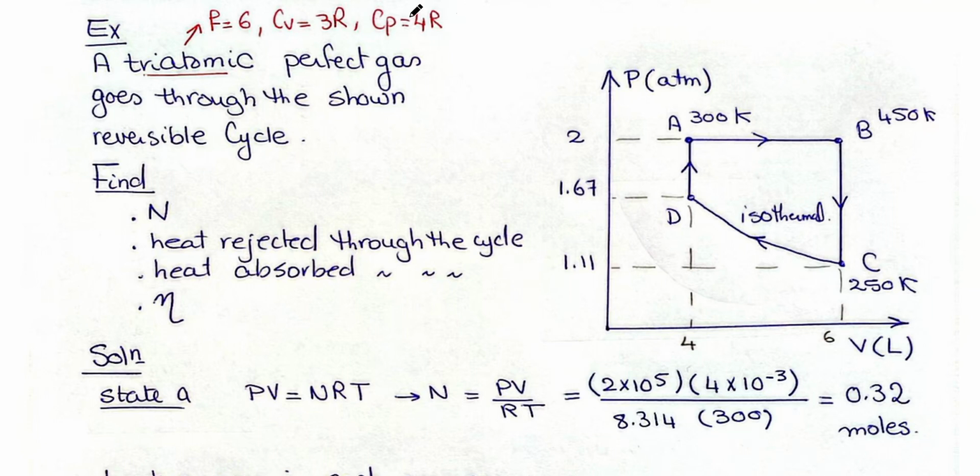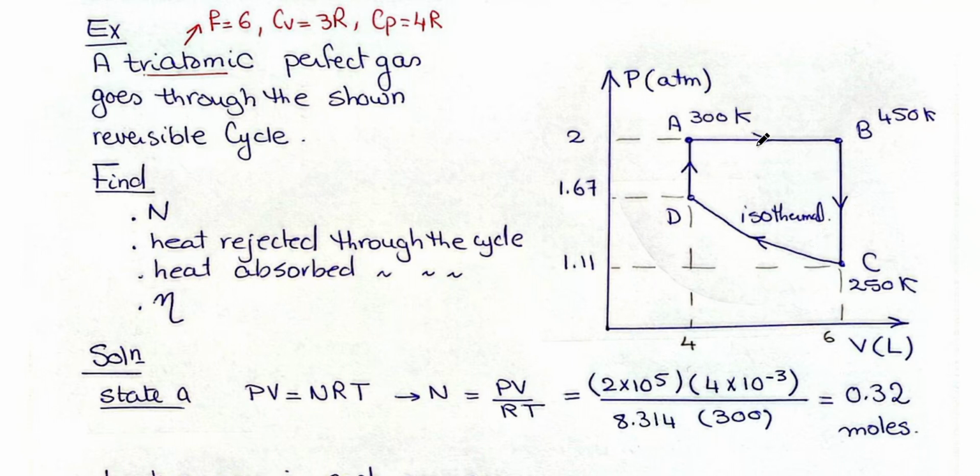Let's notice what we have in the thermal processes from the PV diagram. From A to B, this is a constant pressure process. From B to C, this is a constant volume process, like the other example. Then we have CD isothermal. Take care, it's written here isothermal, not adiabatic like the last example. Then we have a fourth thermal process from D to A. So now we have 4 processes